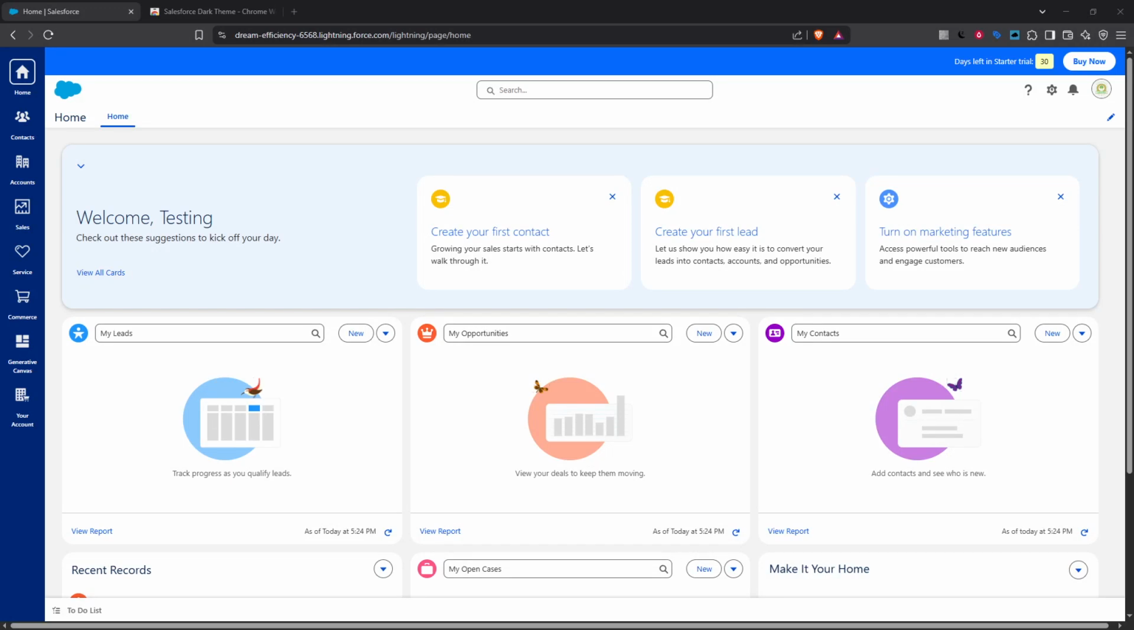In today's video, I'm going to teach you how to enable dark mode for the Salesforce Lightning experience. If you find yourself straining your eyes during those long hours of using Salesforce, or simply prefer the sleek look of dark mode, this guide is for you. We're going to walk through the steps on how to transform your Salesforce interface into a more eye-friendly version using